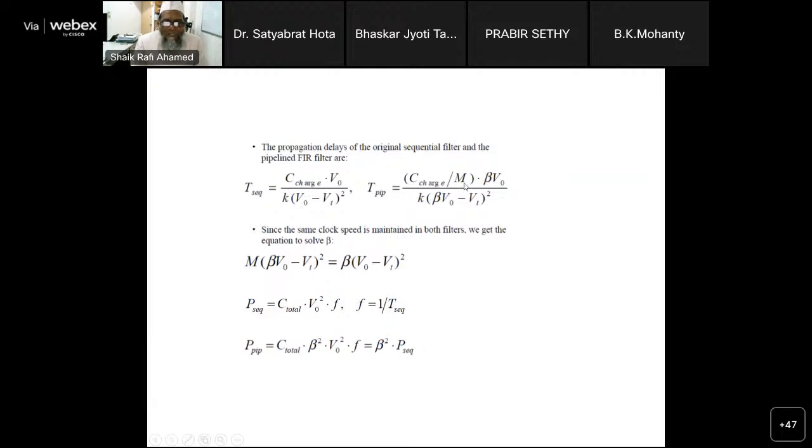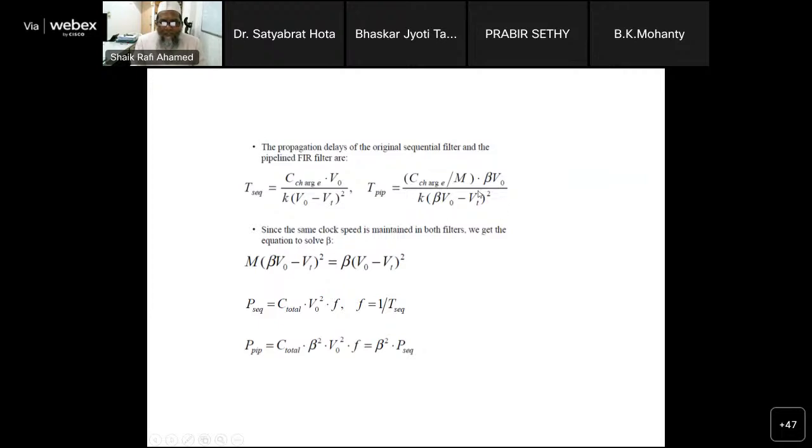So what I am going to do is use this reduction in delay to reduce the power supply. Here I am using a power supply voltage of V0 to compensate for this C charge by M. So the reduction in the delay I compensate by reducing the power supply voltage. Instead of using V0 as the power supply, I will use beta V0, where beta is less than 1. For example, if I use 5 volts here, I will use 2 volts or 1 volt. So reducing the power supply means reduction of the